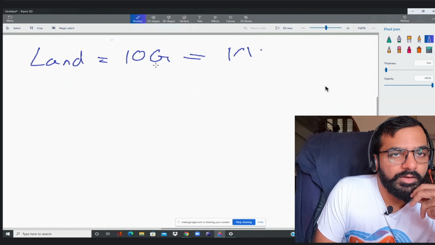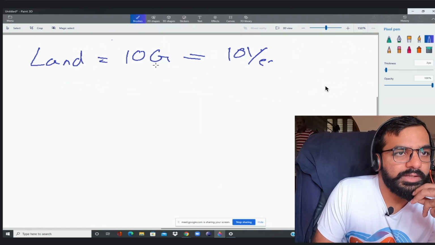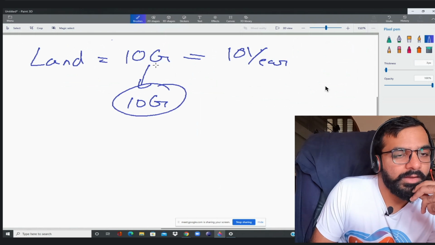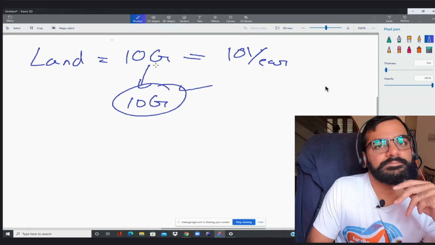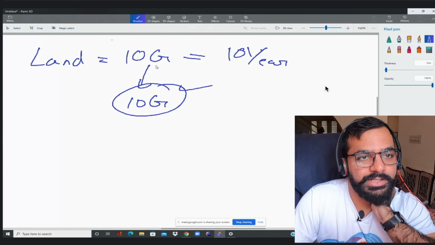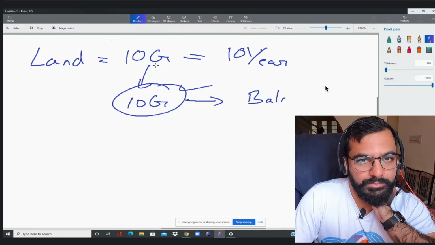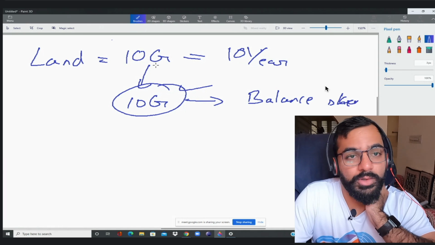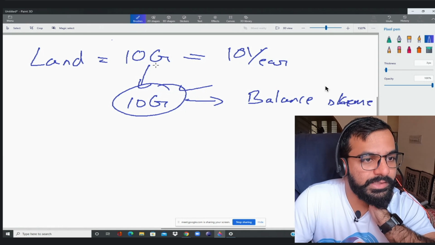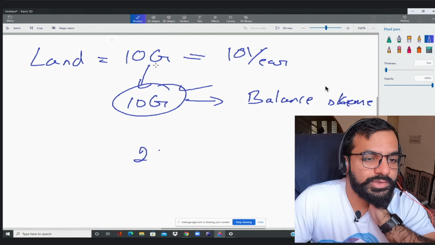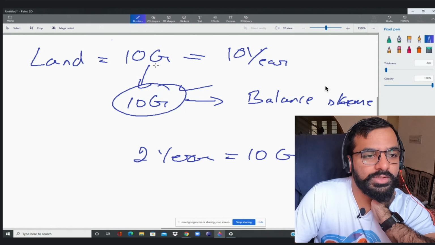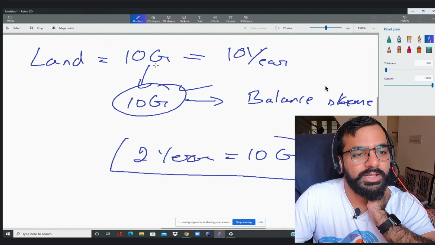After 10 years, the value in the balance sheet still shows 10 crores. Is this the right value? In the balance sheet, the value will always stay the same. Even after 20 years, it will still show as 10 crores only, which is not real. You yourself can calculate the actual land value there.